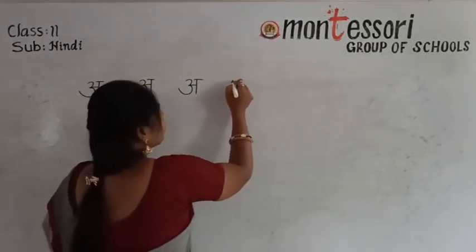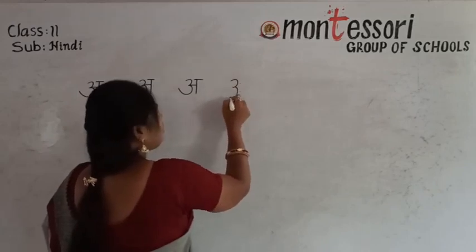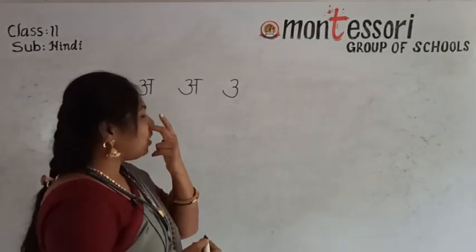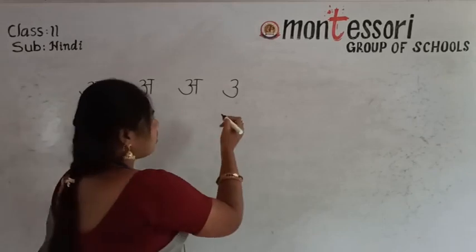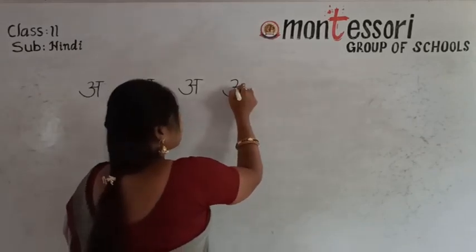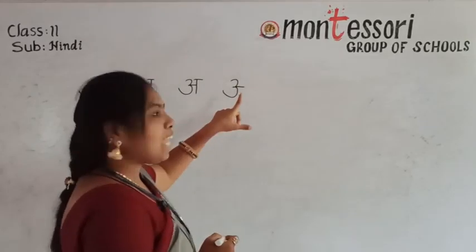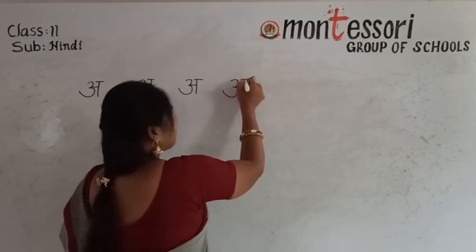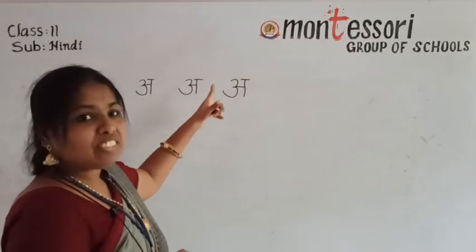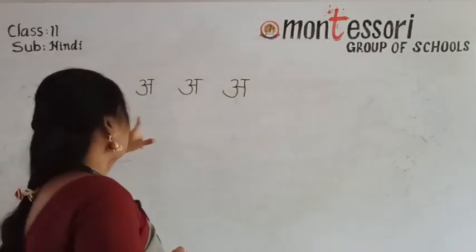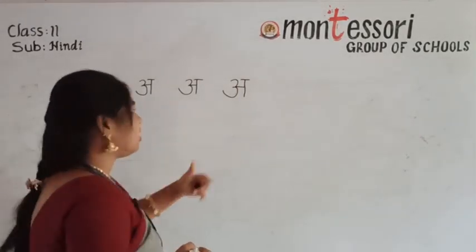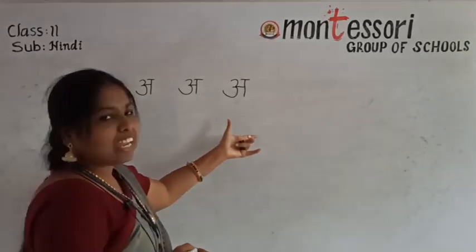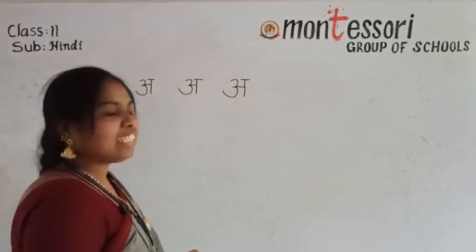And I showed that you have to write the first circle very small, a little small. When you write the next one, you have to write it somewhat bigger compared to the other semicircle. Then use a small hyphen there, and next one standing line, and complete it with the header. It will become A. How many steps did I show here? See, check it once. I have written it 4 times. If you write this letter 5 times, you will get an idea and you can learn very easily, children.